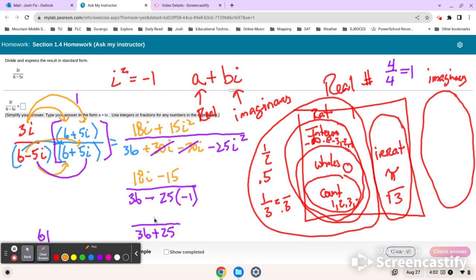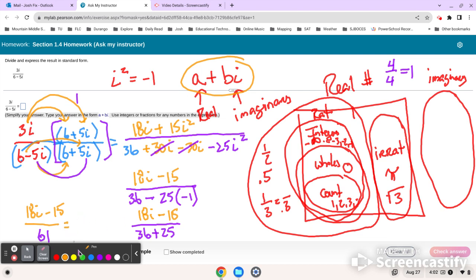All right, so now I'm essentially done. So now this numerator can't go any further. It stays just like it is. And so I come over here and I have 18i minus 15. Yeah, minus 15. All right, but that's not in the format a plus bi. So if you did plug that in, my lab will tell you that's actually the correct answer, but we need to simplify it into the imaginary number format.